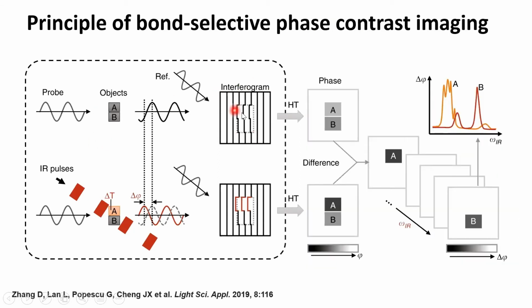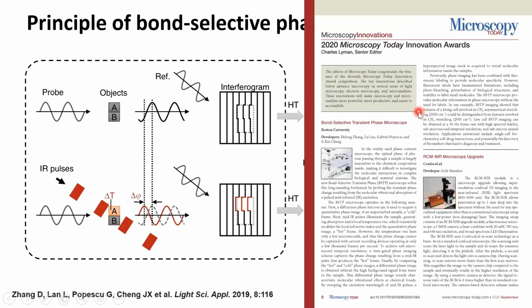What we measure is the interferogram. And when you use the IR shine, you induce an additional phase shift in the interferogram. So that's very interesting. We measure the phase shift, and then we compare the difference. We get the chemical phase. And by scanning the IR laser, we can do IR spectroscopy. So this paper was selected to be the Microscopy Today Innovation Award